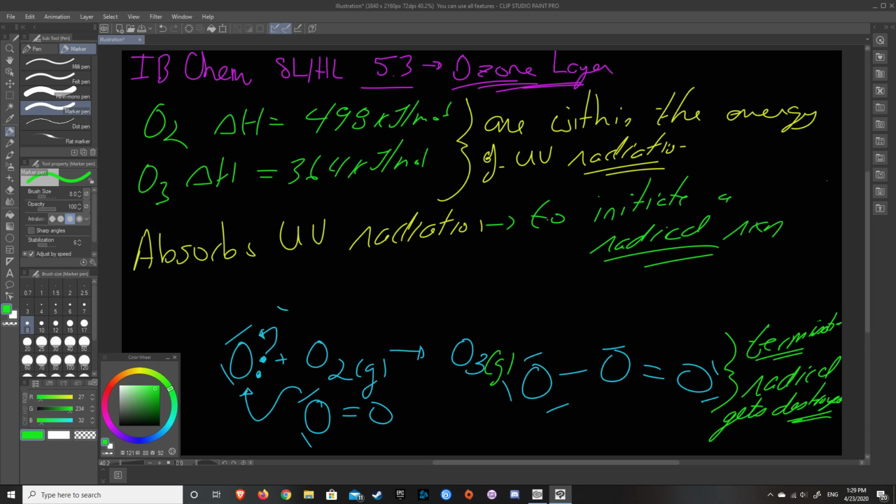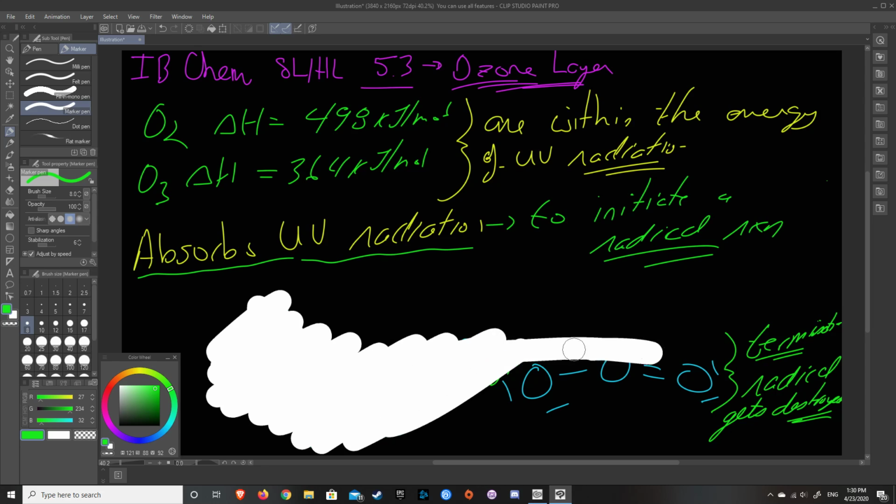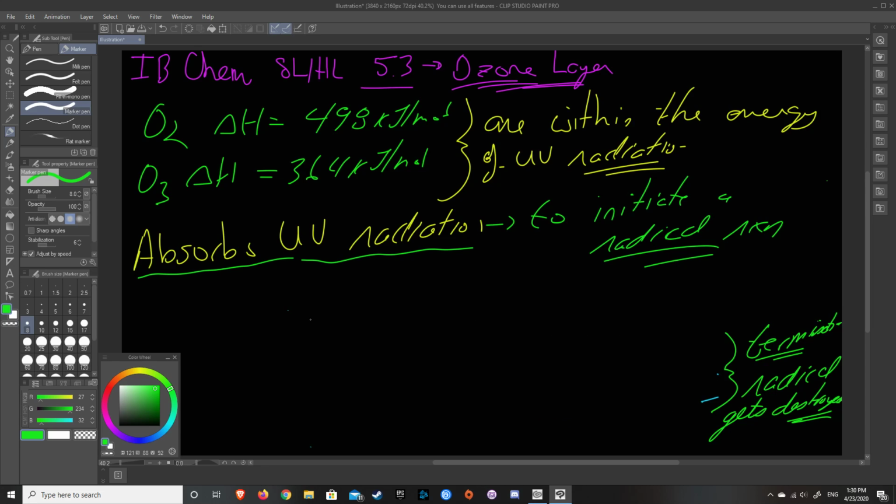It absorbs UV radiation and turns that energy into chemical energy. It absorbs it and converts it into a different type of energy. So what we have there, let me just try to erase this,